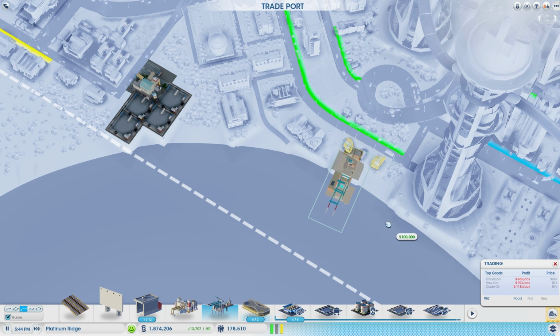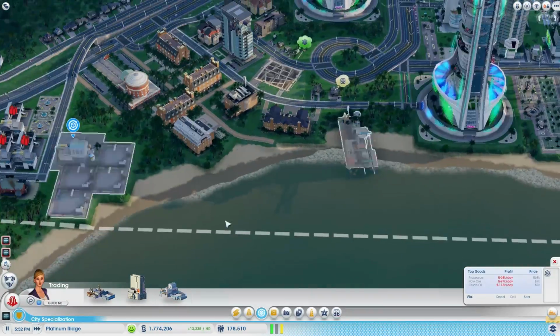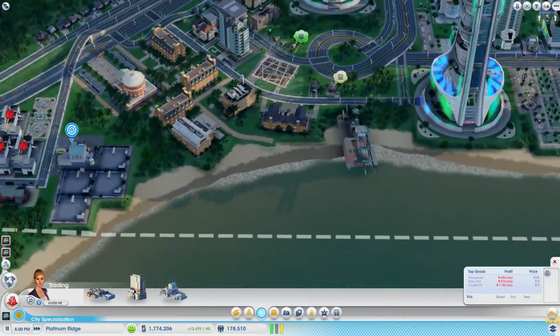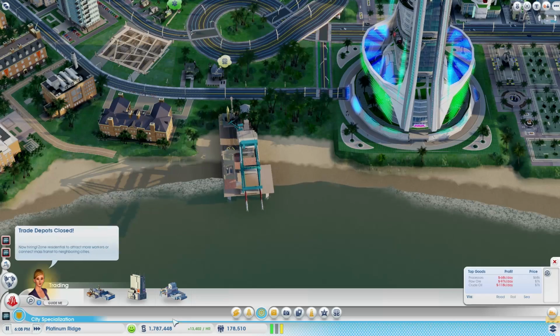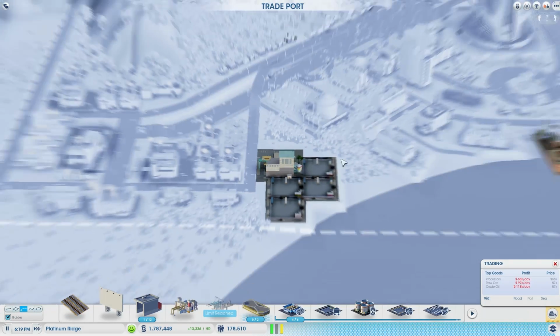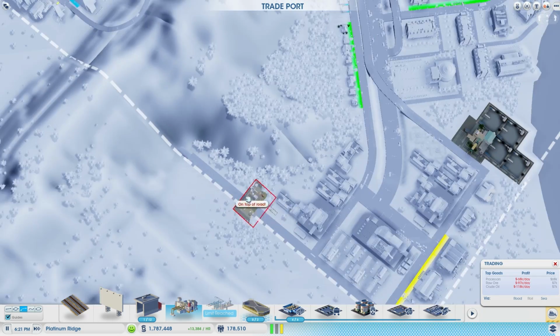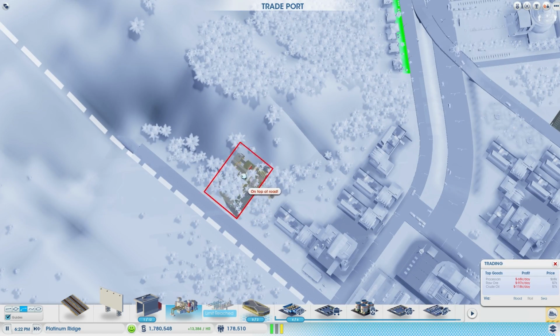We definitely want the quick imports, though. So as much as I like having housing here, I think we're going to sacrifice it for a dock. Sorry, people. That's alright, though. I think it's definitely going to be worth our while. And, let's see, what else can we add to this besides that? Train station is a possibility if we can get this thing to,